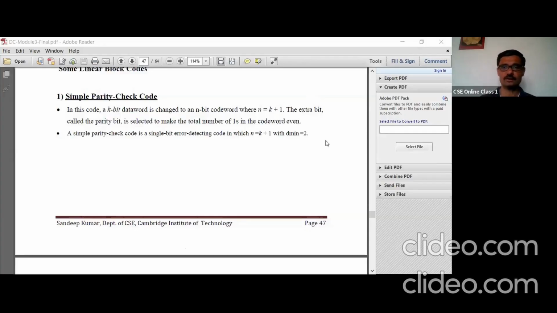Okay, you all know what a parity is, odd parity and even parity. An odd parity number has an odd number of ones in the data unit. Even parity has an even number of ones in the given data unit. For example, 0, 1, 1, 0 is even parity, whereas 0, 1, 1, 1 is odd parity because there are 3 ones in it. Okay, with that basic concept, I will continue.